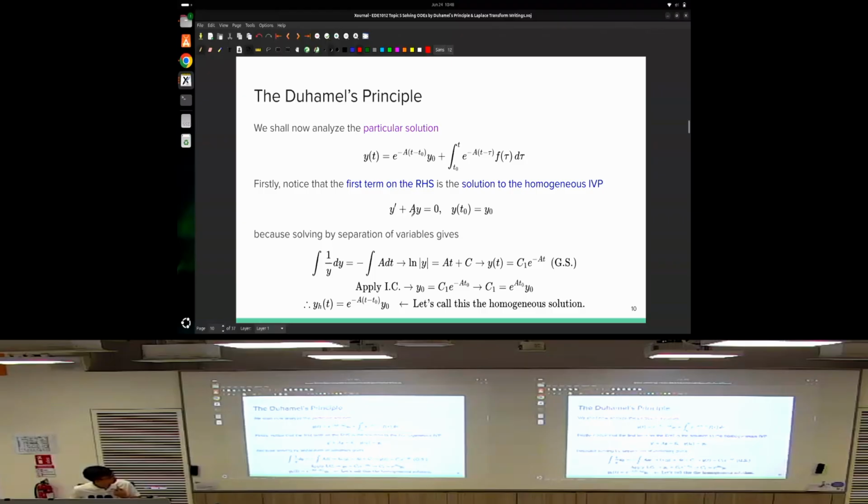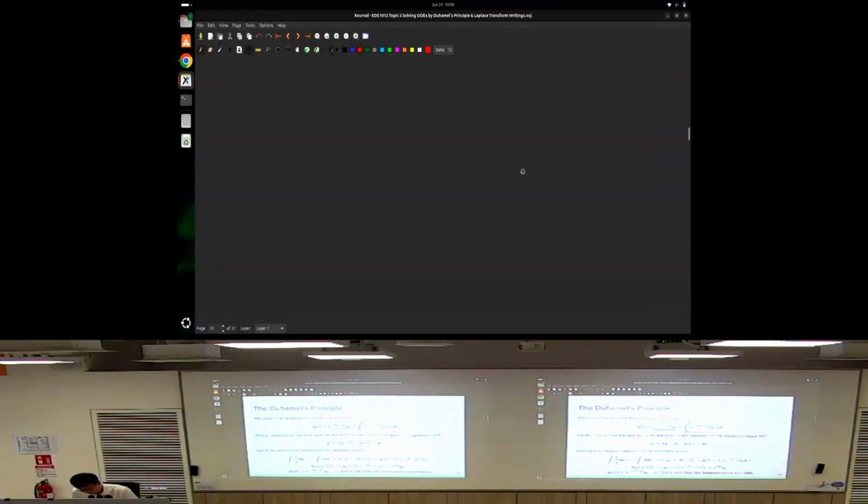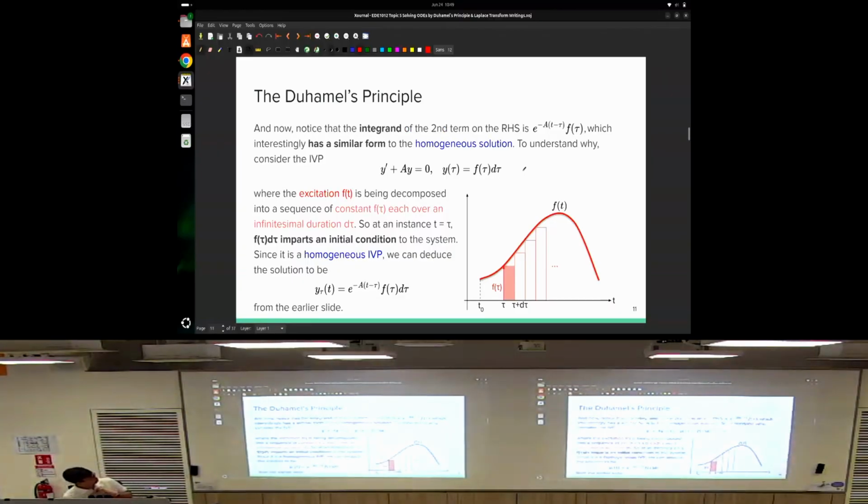Because you can check. If you solve this by separation of variables, apply the initial condition, and so on and so forth, then you get this thing. So therefore the first term on the right-hand side is called the homogeneous solution, because you are solving a homogeneous problem. Following? Okay, now let's look at the second term. This second term is actually when you solve the non-homogeneous problem. But this one we apply a